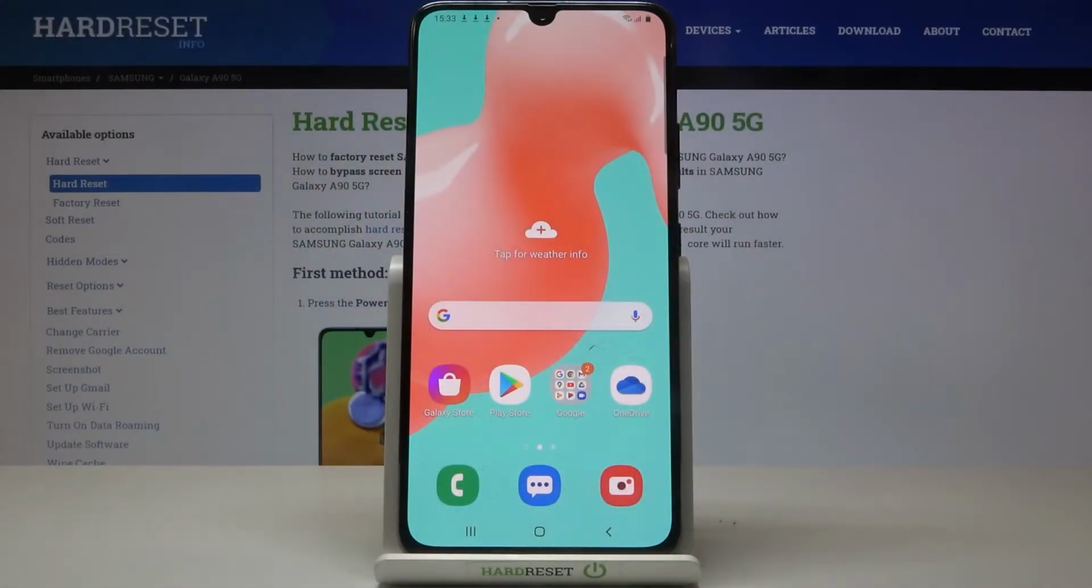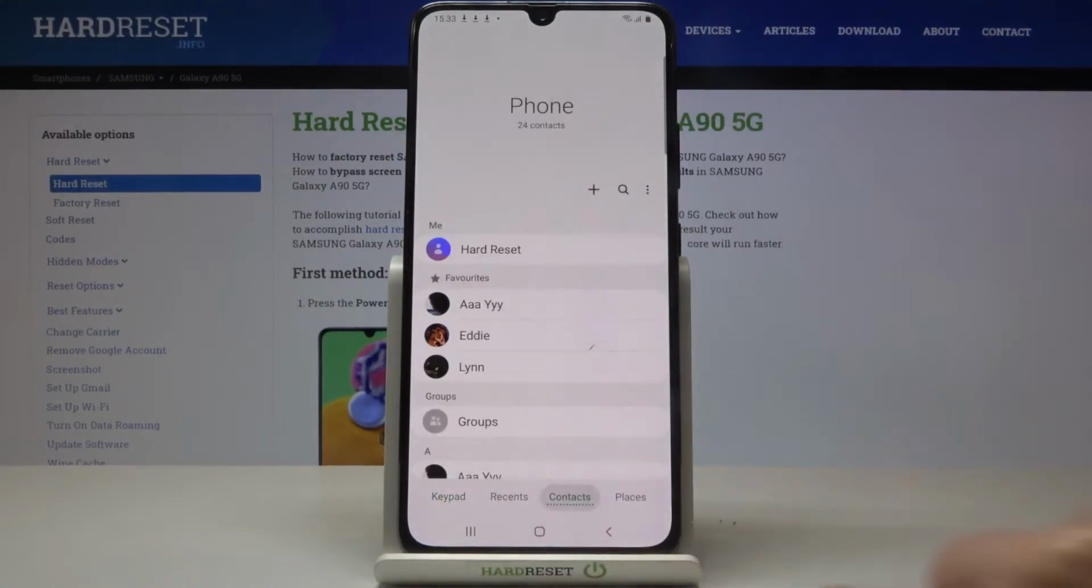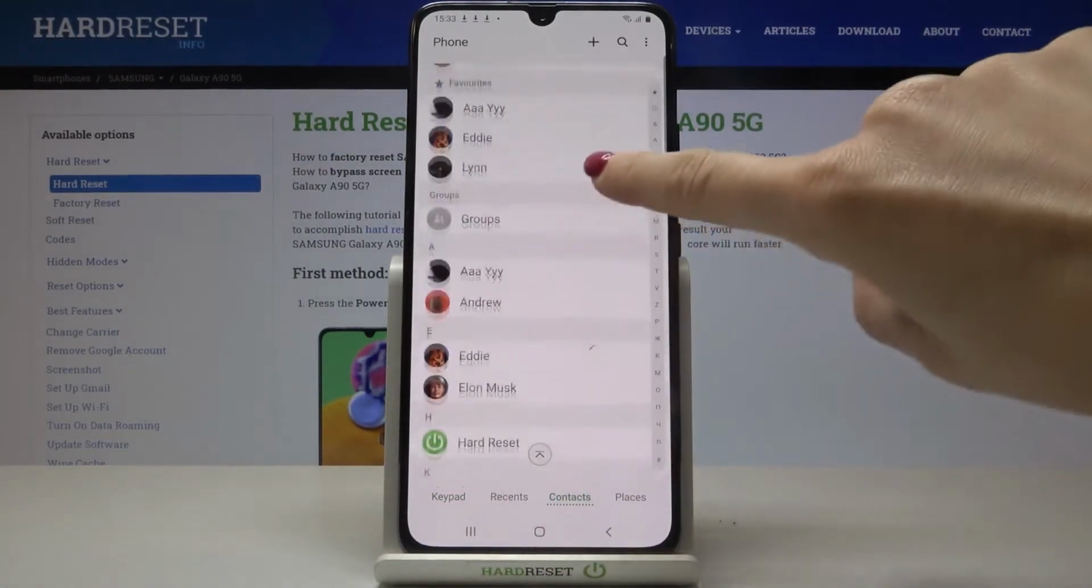In front of me is Samsung Galaxy A90 5G, and let me show you how to add photo to a contact on the following device. So first of all, you need to open your phone dialer, go to contacts,